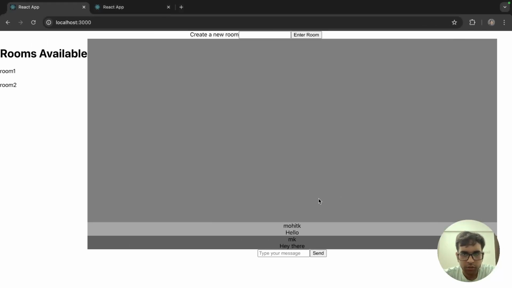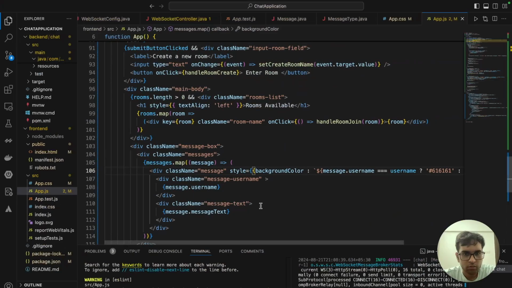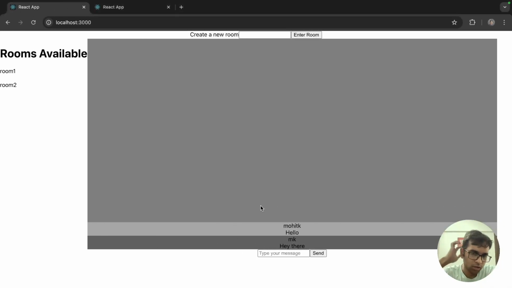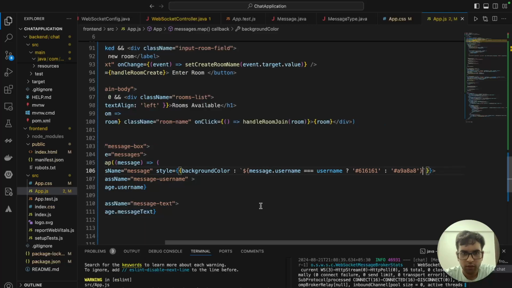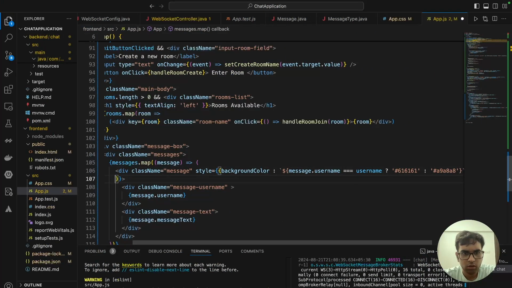Okay, so that looks fine. Just need to make some changes. We'll have to reduce their sizes and put them out on the left or on the right, whatever. So let's say